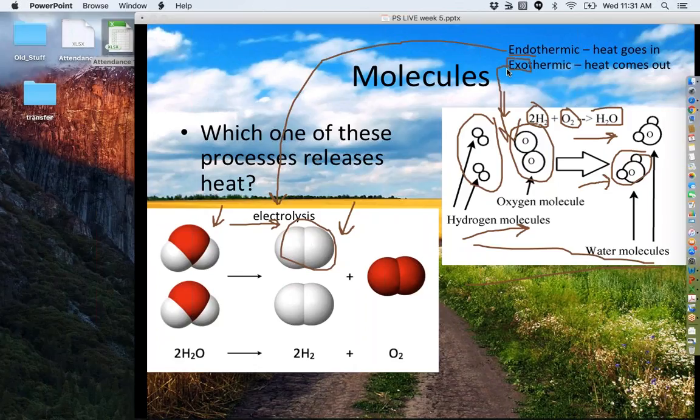So you want to remember exothermic is going to be dangerous. Those are dangerous reactions because heat comes out of them. Endothermic reactions, heat goes in. In fact, one endothermic reaction you might have used before is a cold pack in a first aid kit. When you break that cold pack, it's not cold until you break it, and that starts the chemical reaction that actually pulls heat from the environment into the atoms themselves, but that makes it really cold because all that heat just goes into the bonds and it has to take heat from around it, from the substance that it's made of,